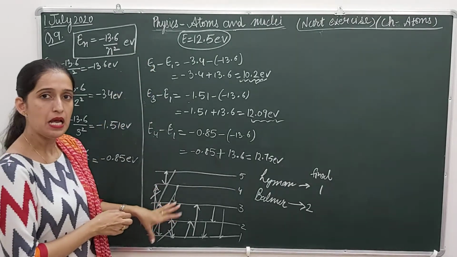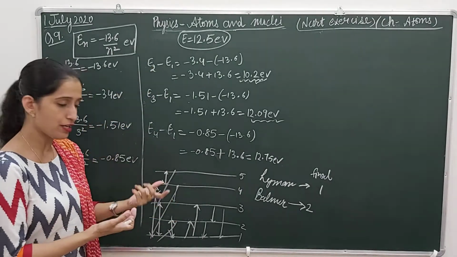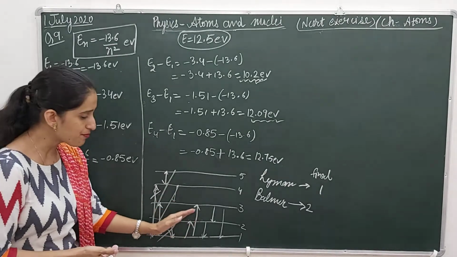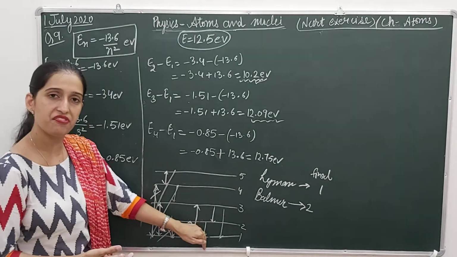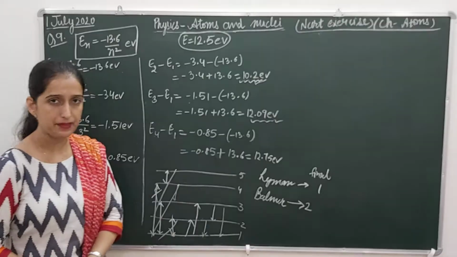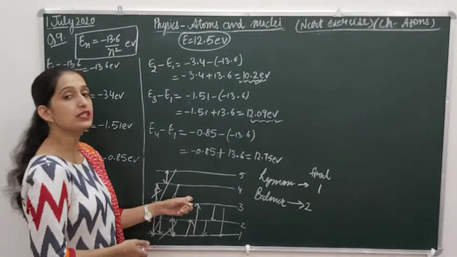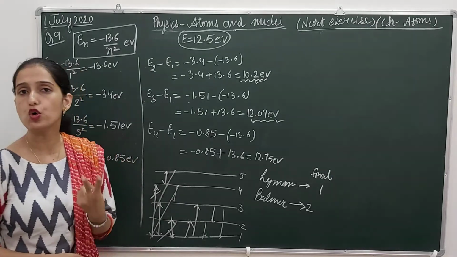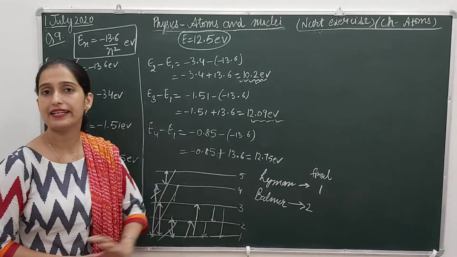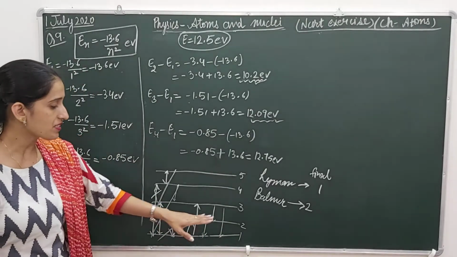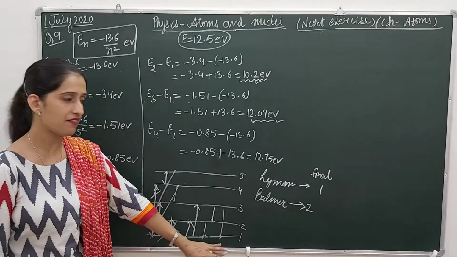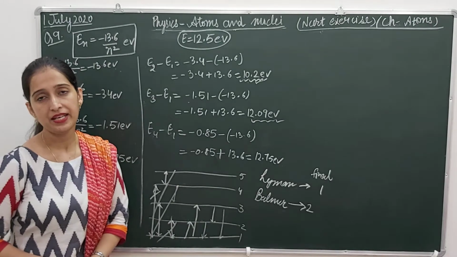And in this case, because the electron can be excited to the second or third level, if it is excited to the second level, it may come after some time to the first level. If it is coming to the first level, this will belong to the Lyman series. If it is excited to the third level, it has two probabilities. It may come firstly either to the second level or directly to the first level. If it is coming to the second level, it will belong to the Balmer series. If it is coming to the first level, it belongs to the Lyman series.